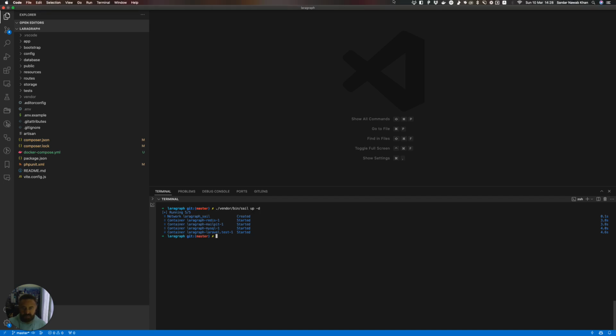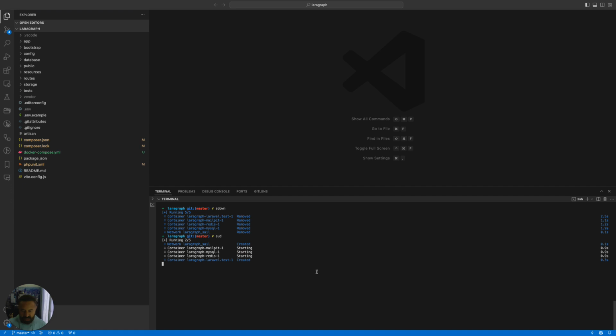But because I'm using Fig, I've actually specified some aliases. You can specify an alias without Fig as well, but Fig is a quick way of doing it. The alias that I have for the above command is sud. So once I do sud, it does the same thing. And if I want to bring all the containers down, it will be s down. There is also s stop, I believe, but instead of going too much into the detail,